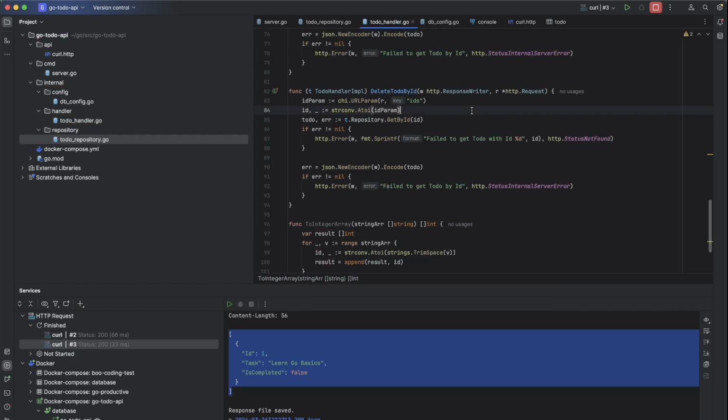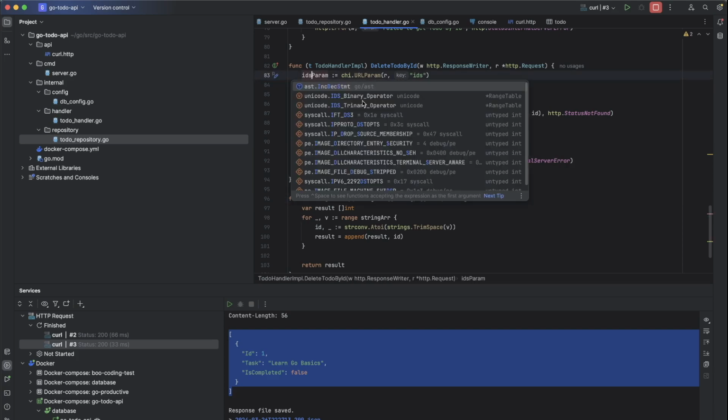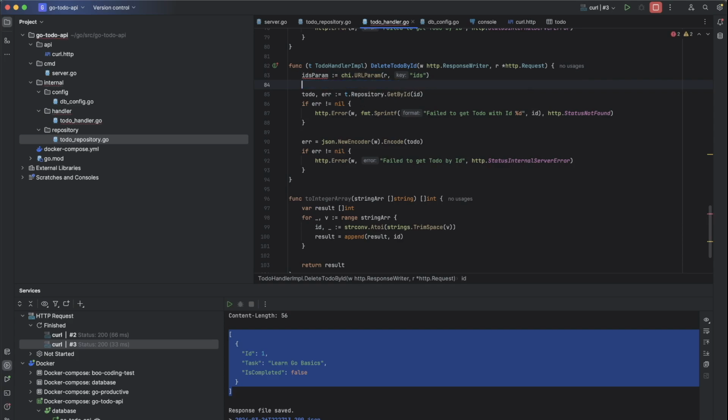Okay, and then we will use this method, just a private method, in order to be able to convert the string array into the integer array. IDs param is, so before we will be able to use this method, we need to split this IDs param into the array of strings.